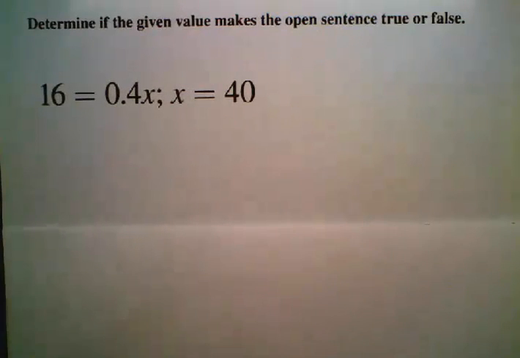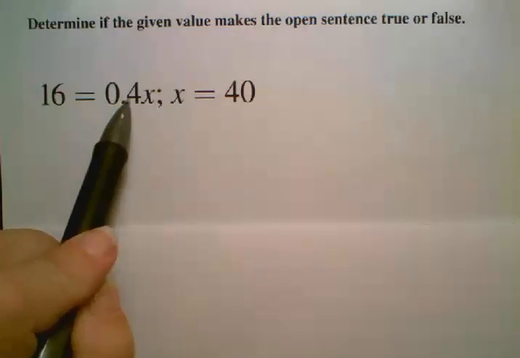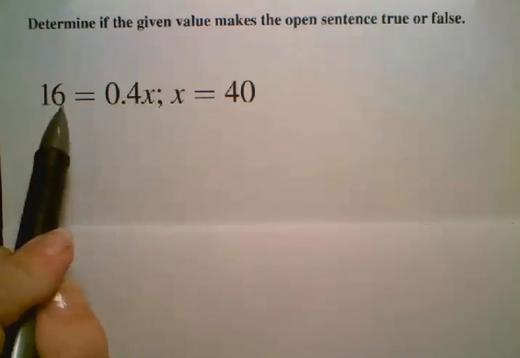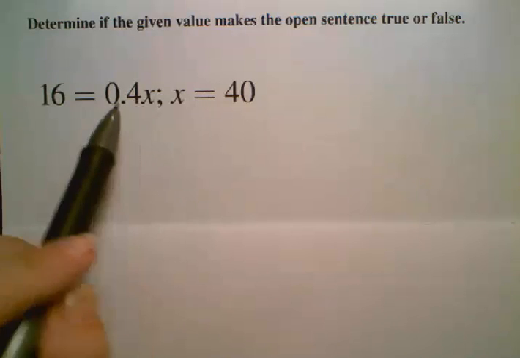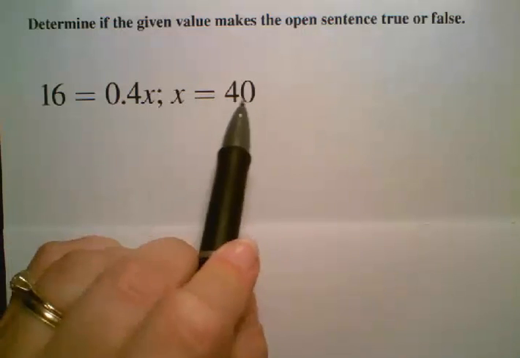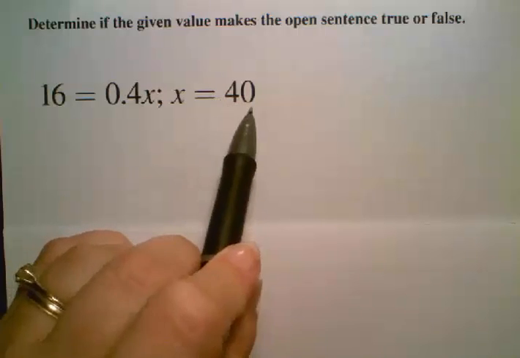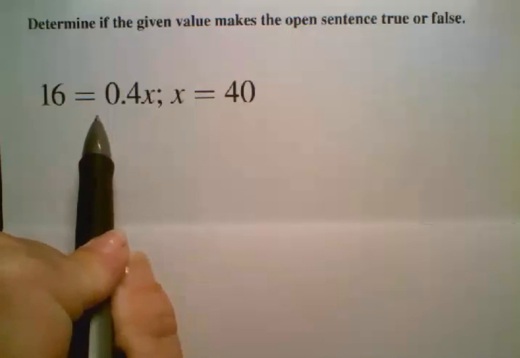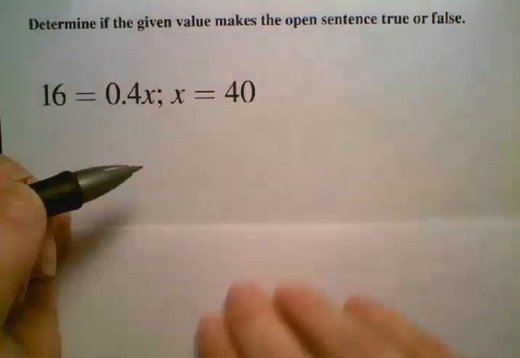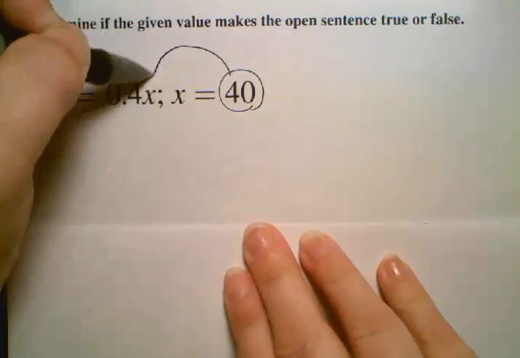Now here is a case where you don't have to decide if the two sides are equal to each other. You already are told that this is an equation. And what we have to decide here is they're saying, okay, well, we're going to make x equal to 40. Let's see if 40 makes this a true equation, if it's a true statement or not. So what we're going to do here, we're going to say x is 40, so we're going to plug 40 in for x,